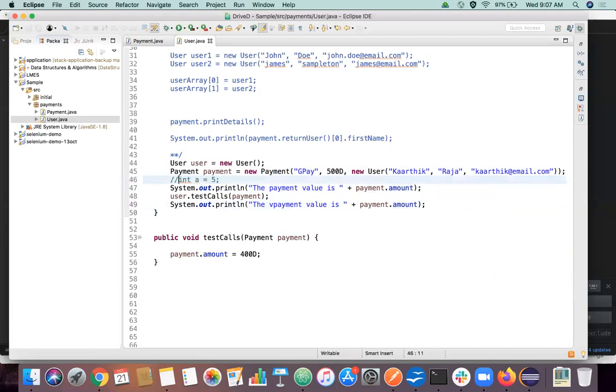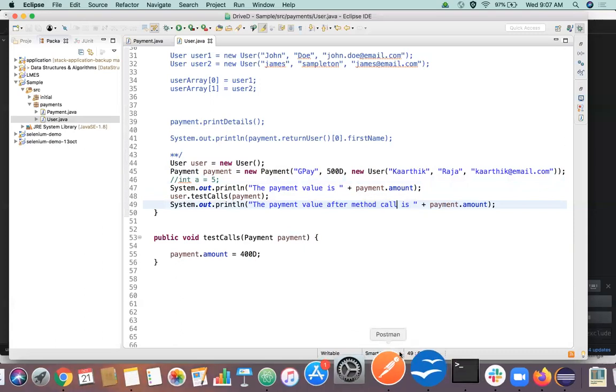Can anyone say what will be the output now? Let's say payment value after method. You got the point of what we are trying to do here.